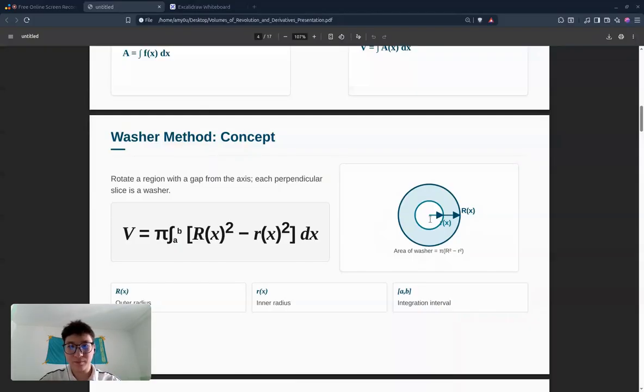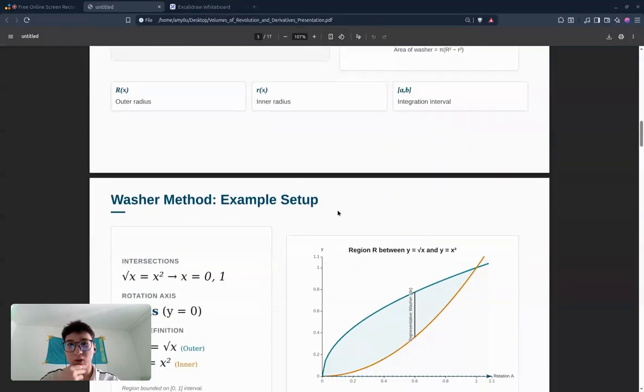To find the volume, we take the area of the big circle, subtract the area of the small circle inside it, and integrate that along the axis. That gives us the formula. You can see on this slide the formula of the washer method is pi times the integral from a to b of outer radius squared minus inner radius squared dx. So let's set up and solve